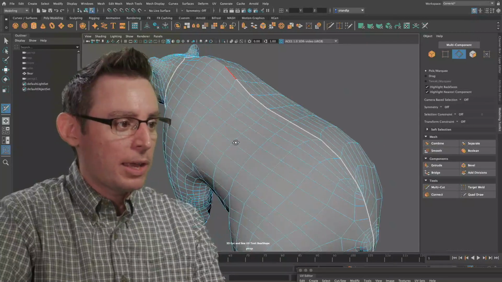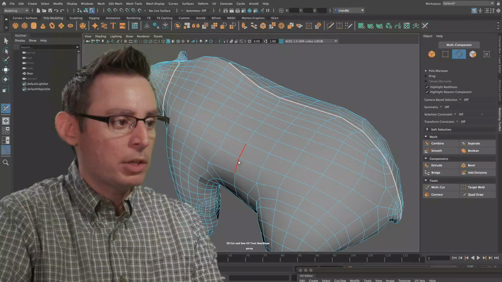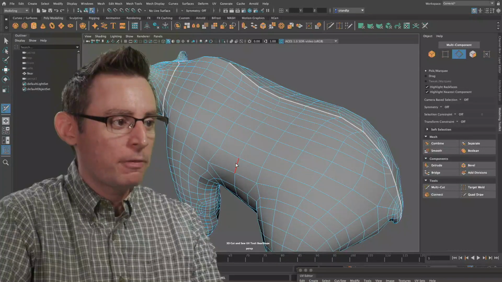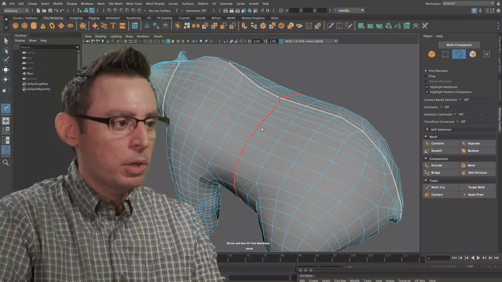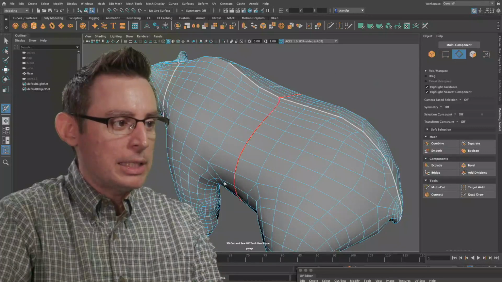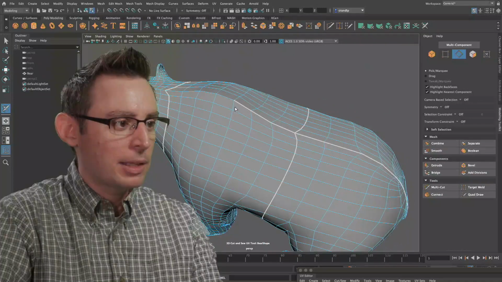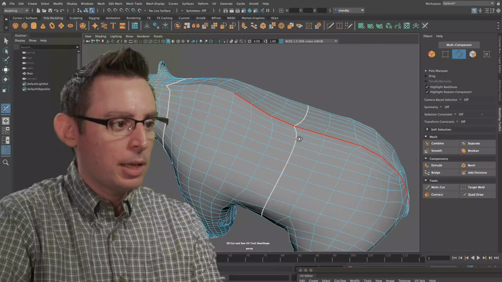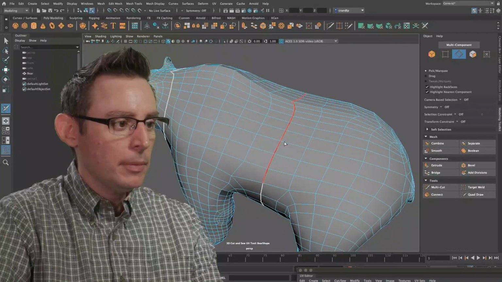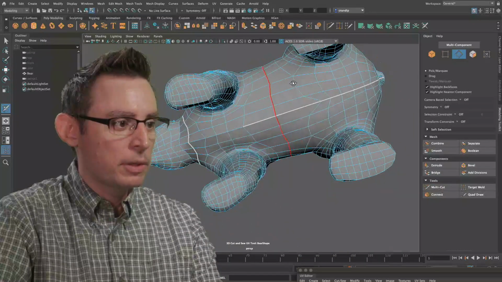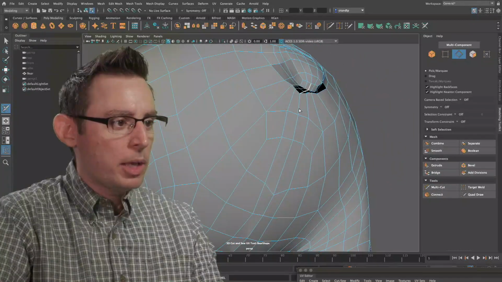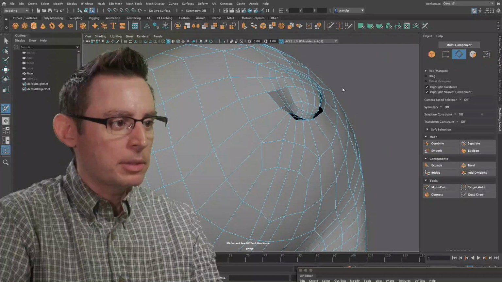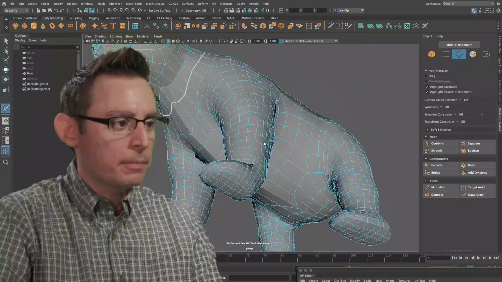Now watch what happens when I add the Shift key into the mix. If I just hold the Shift key while left-clicking and dragging, see how it's much faster at finding the loop, and it's going to just zip around all the way. Same thing goes when holding down the Control and Shift. I can deselect that loop pretty fast, and that's what I'm going to do here. I'm going to go in, say, I don't want you tagged. I don't want you tagged, holding Control and Shift. I don't want you tagged. So it's all about going in and tagging these seams with where we want them to cut. Here we go.